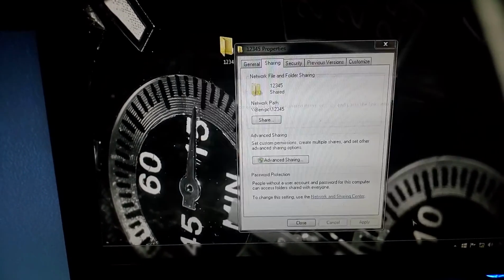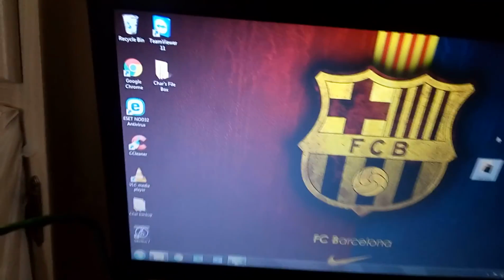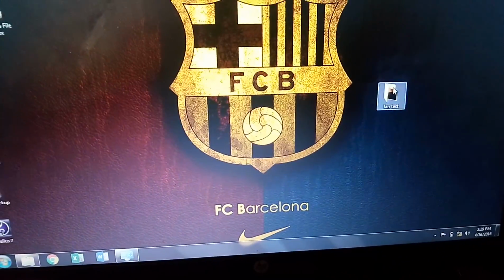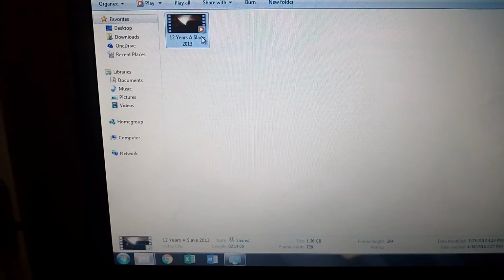Your folder has been shared. And I go to this computer, and let's say I want to transfer this movie back. So right click, copy, go to computer, go to network,